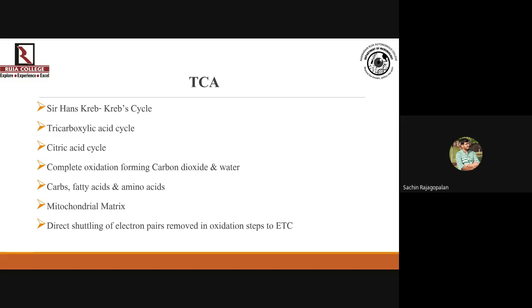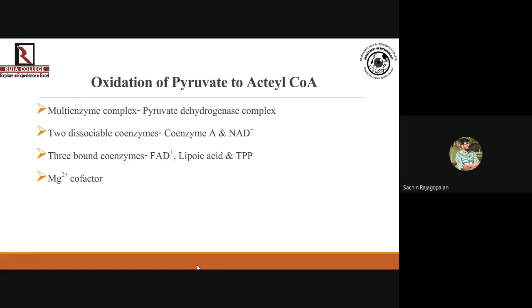Okay. Now, glycolysis was taking place in the cytoplasm, right? It was taking place in the cytoplasm of the cell. While I'm saying Krebs cycle is taking place in the matrix of the mitochondria, which means that pyruvate which was generated in glycolysis will have to travel. It will have to travel up to the matrix of the mitochondria. Are you understanding my point?